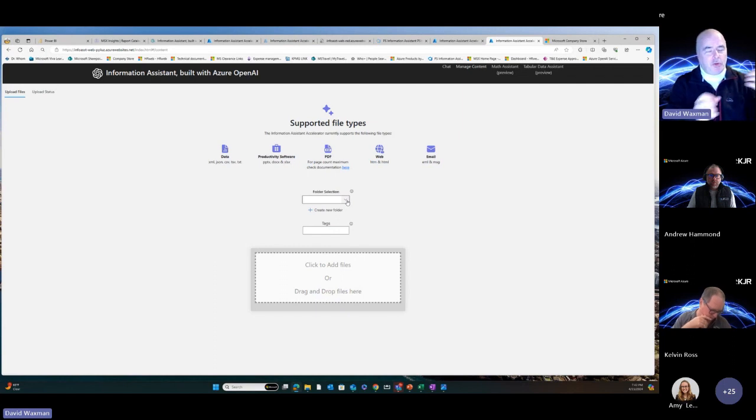Some of our first customers turned out to be tax organizations. They wanted to ask questions about tax law, but sometimes they want to ask it just about 2020's tax law because that's when that was filed, even though it's 2022 or 23. And so we've given them the ability to either drop their information into an existing folder or create a new folder. And this allows them to put their information into particular folders. So when they ask a question, they can limit their response to only a subset of the data.